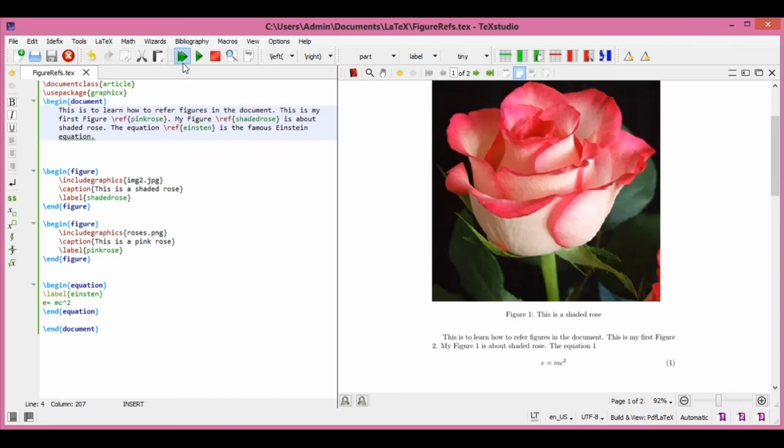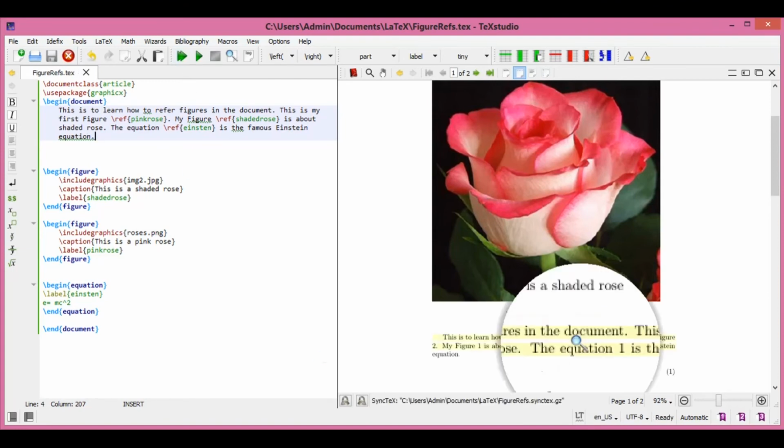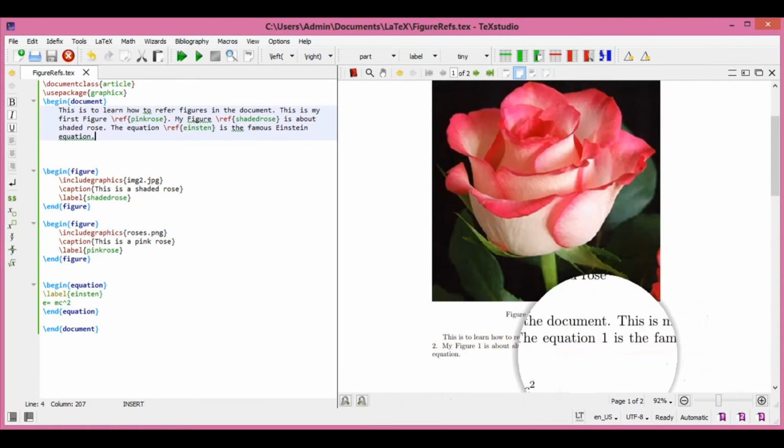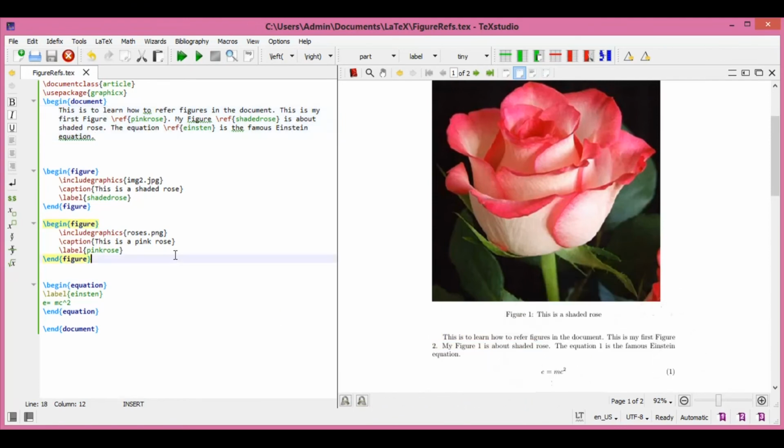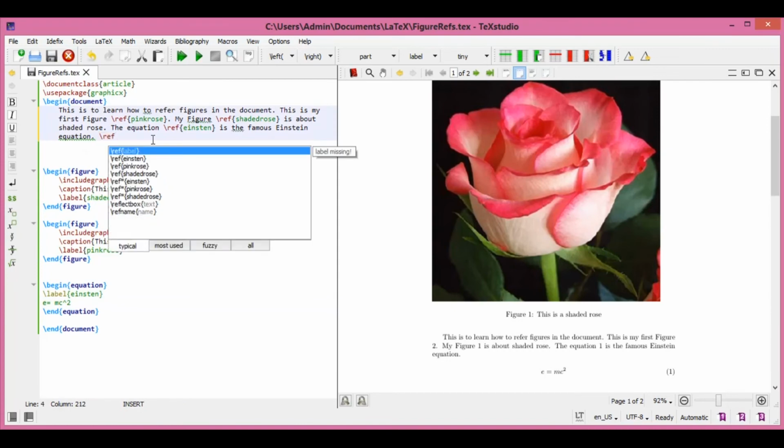Now if I run it, the numbers are getting generated as we would like. So this way you can reference any entities, tables, figures, equations, algorithms, anything that you want with these numbers, by just giving what we call a name in the form of a label. So the moment you give a name to the object, you can use that name and call the object as you like. Usually when you say \ref and start, see, it lists all those names that you already